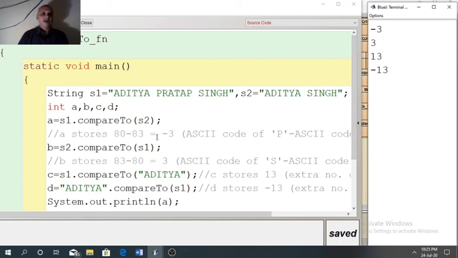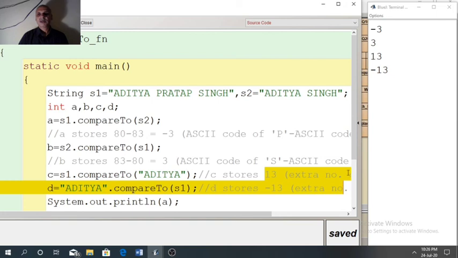Now see, I have already written the comment. A stores -3, B stores 3, C stores 13 and D stores -13. I think the explanation should be clear to you now.